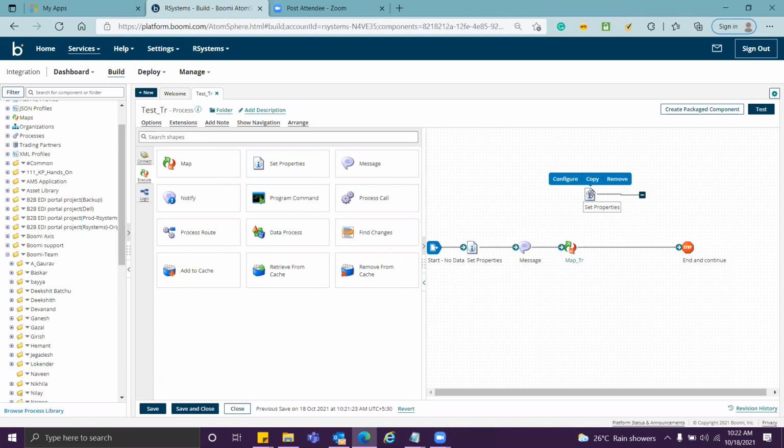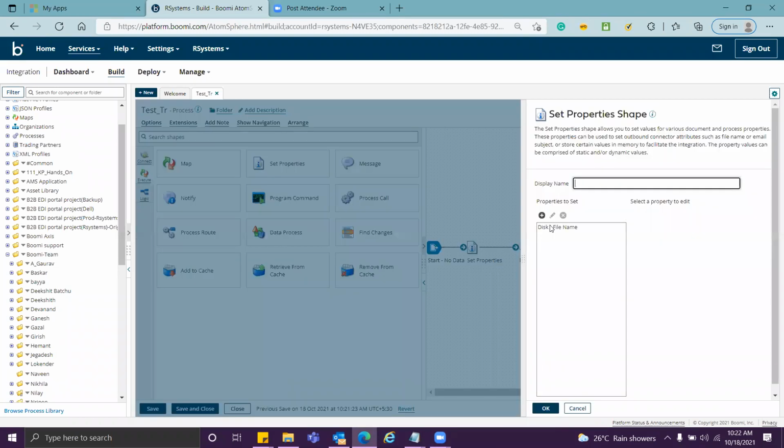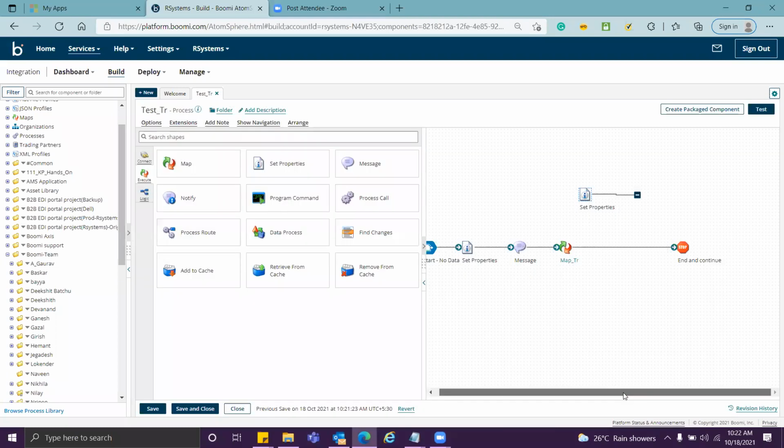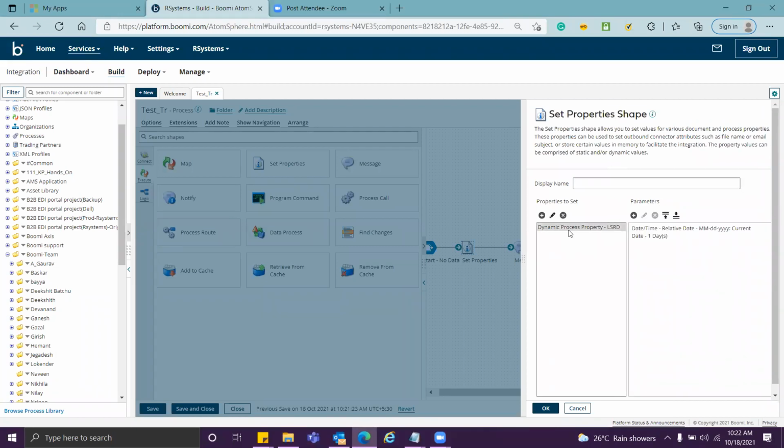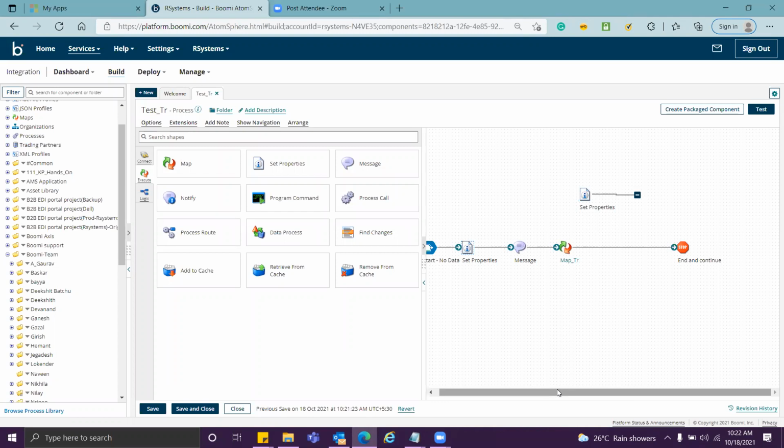We already have seen how to set document property. Now I'll show you how to set dynamic document property. So the way you set the LSRD, this dynamic process property, similar way you can set a dynamic document property as well.